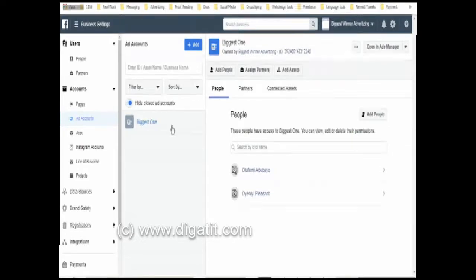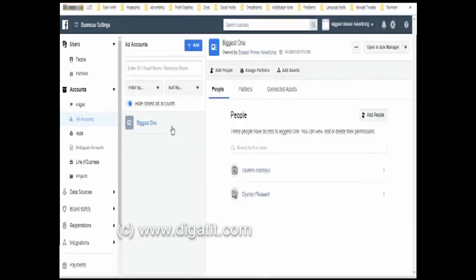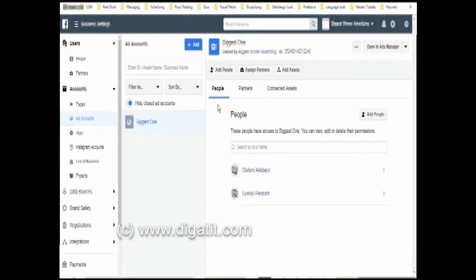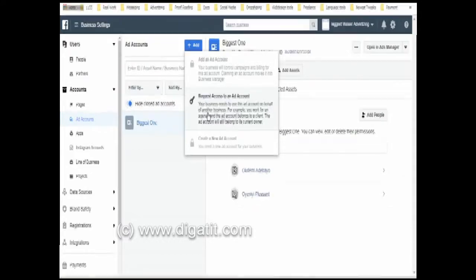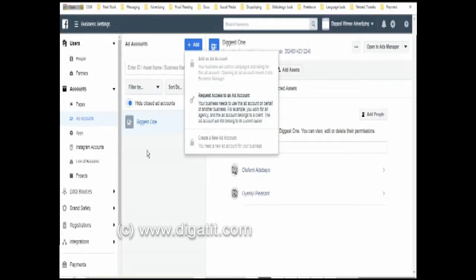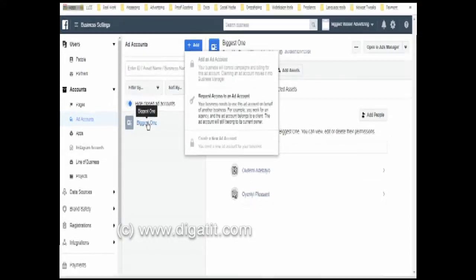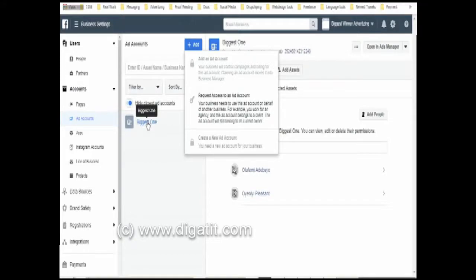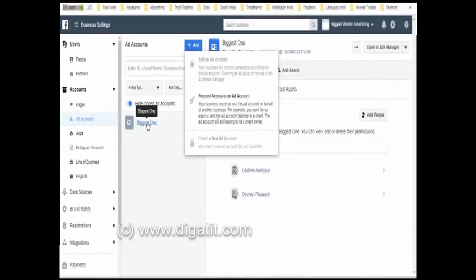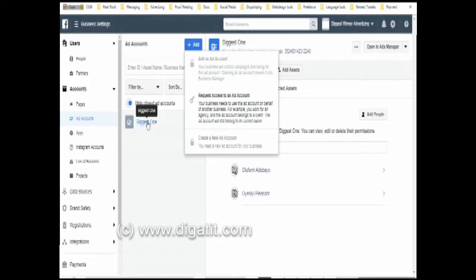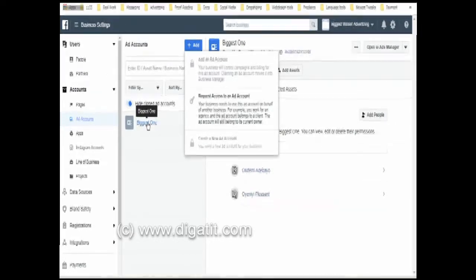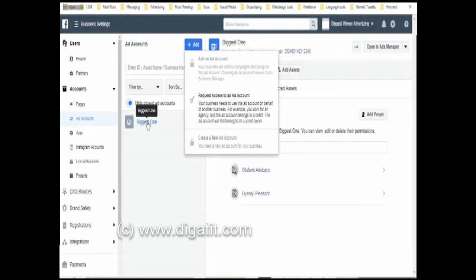Ad account is another asset. You can add other ad accounts with different options. The sweet thing about this is you can have different ad accounts with different payment methods. Different ad accounts, different settings, different payment methods. You can be paying with Naira with one, and be paying with dollar with another one, and be paying with MasterCard with one, or be paying with PayPal with another. You can have different ad accounts and they don't share the same